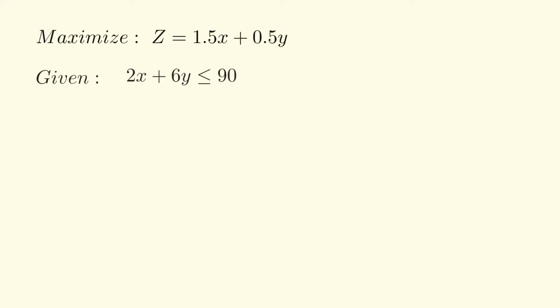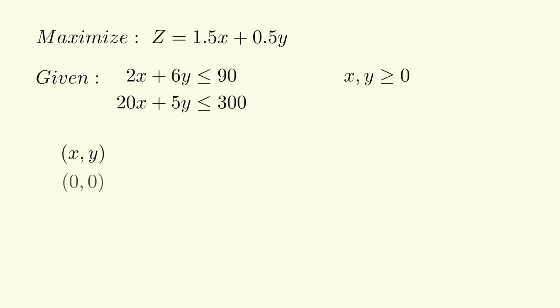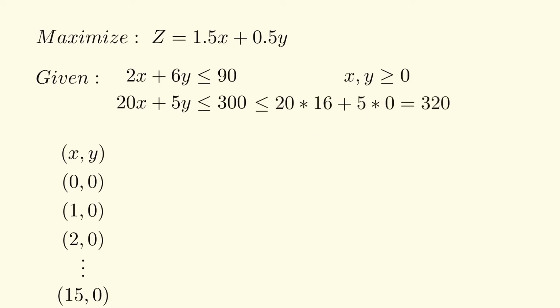Now in the problem we have with us, the number of math facts and jokes will obviously be integers that are greater than or equal to 0. So we can actually find all possible values of x and y that satisfy the constraints. We start by listing all the pairs of x and y starting from 0, 0, then 1, 0 and so on, and we could go on forever, but we don't really need to. See, everything is fine till 15, 0, but x equals 16 and y equals 0 does not satisfy the second constraint. So we don't really need to check any pairs with x greater than or equal to 16.